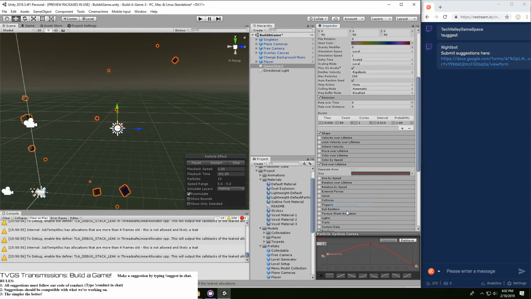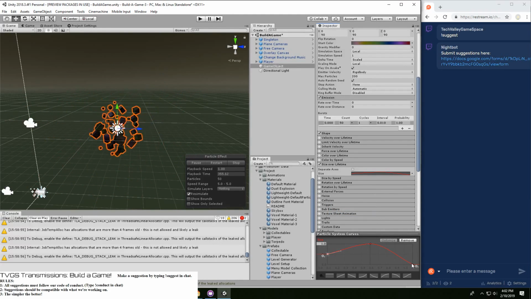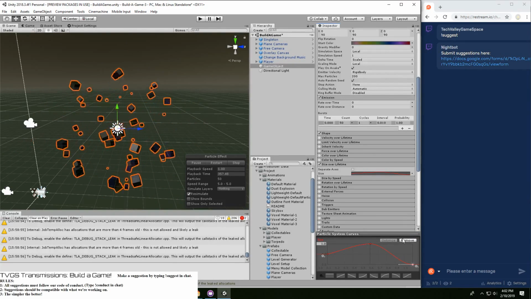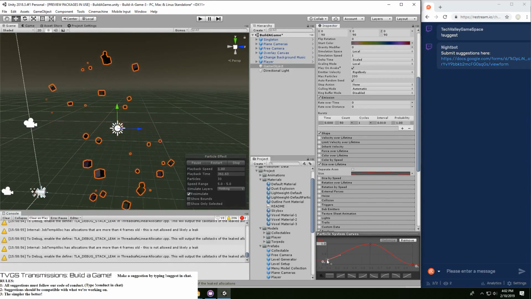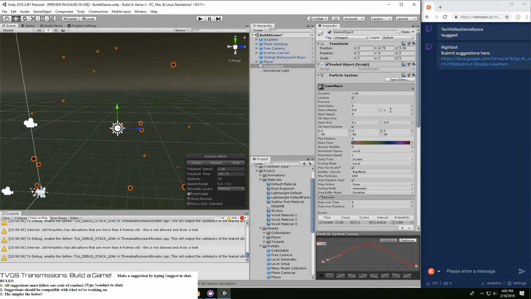Right, there we go. Yeah, that way I can make the initial size larger on purpose.